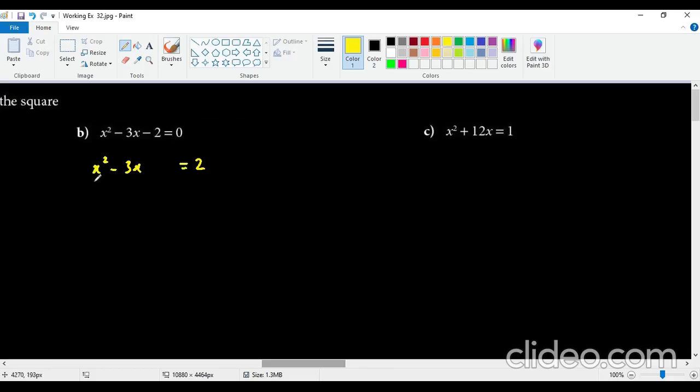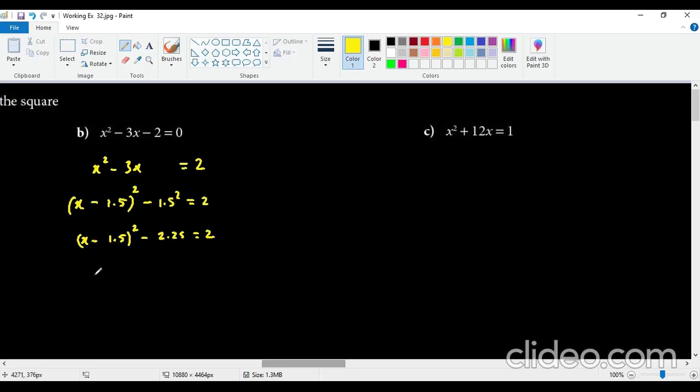Second step, take x from here and minus from here and take the half of 3, which is 1.5. Okay, make it a whole square. And now minus sign and 1.5 square and 2. Now as soon as you get this, x minus 1.5 whole square equals 1.5 square is going to give you 2.25